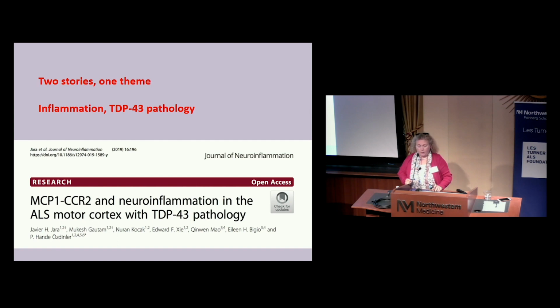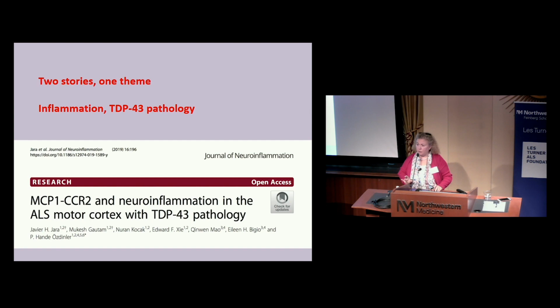And we find that in the cortex of ALS, especially patients with TDP pathology, there is involvement of neuroinflammation, and especially MCP1 and CCR2. So I will try to be very brief. You may not know what MCP1 is, what CCR2 is, and I can tell you that these are a receptor-ligand pair, and once they find each other, they initiate